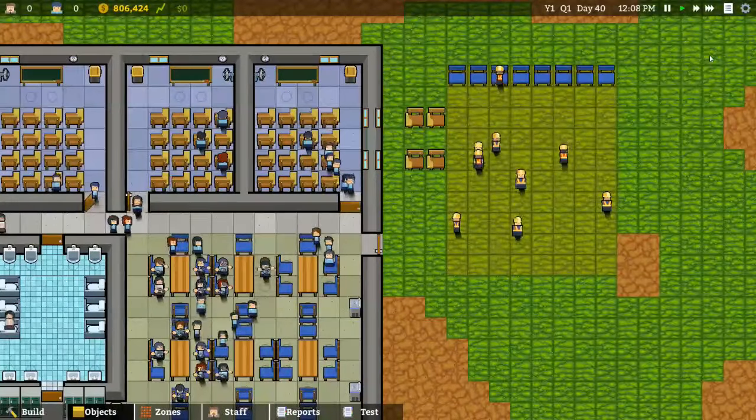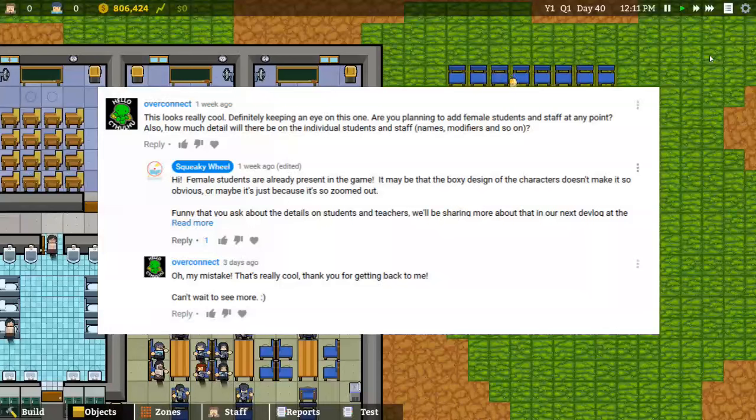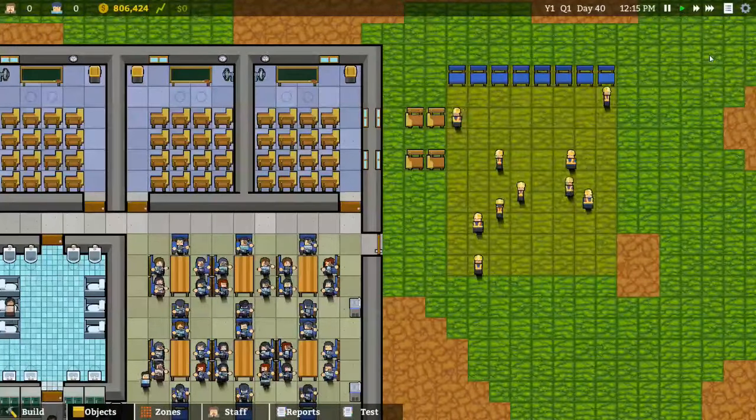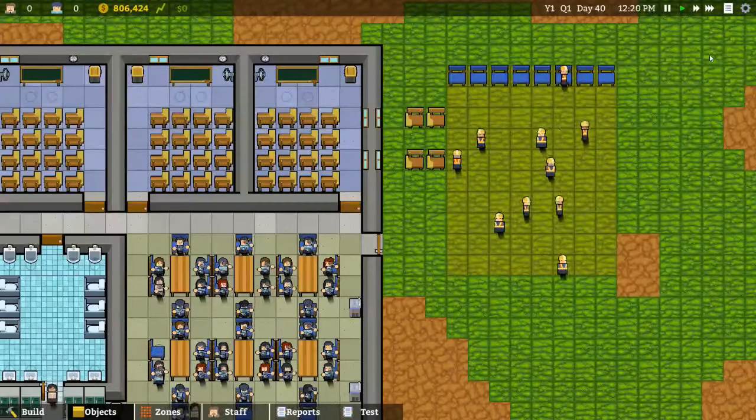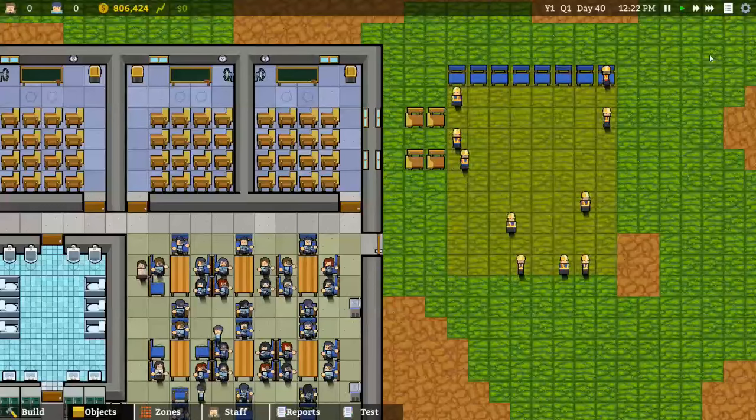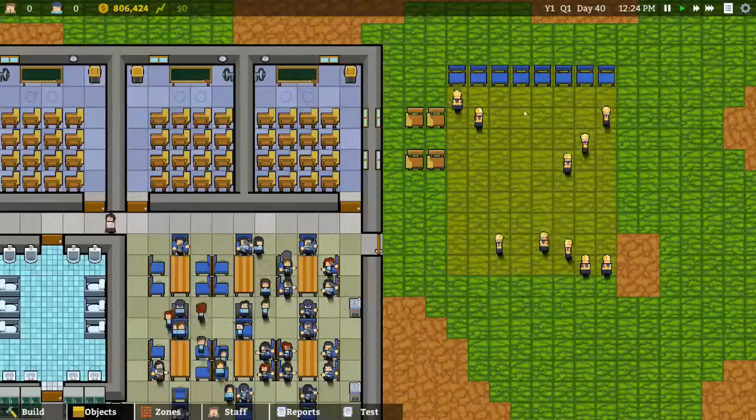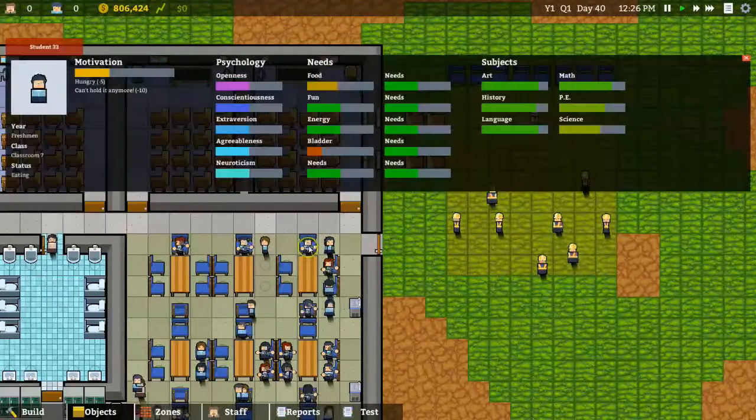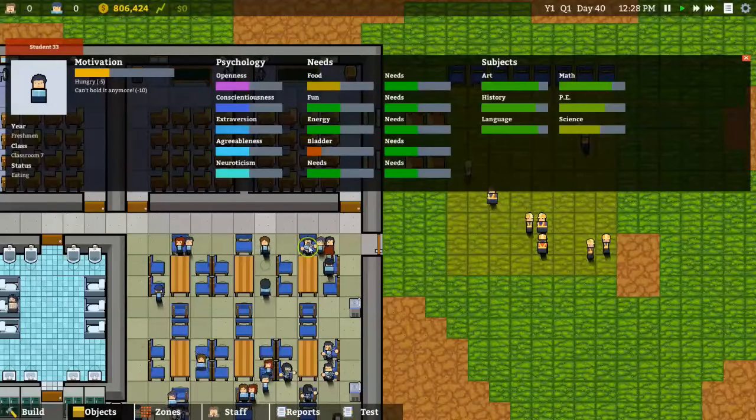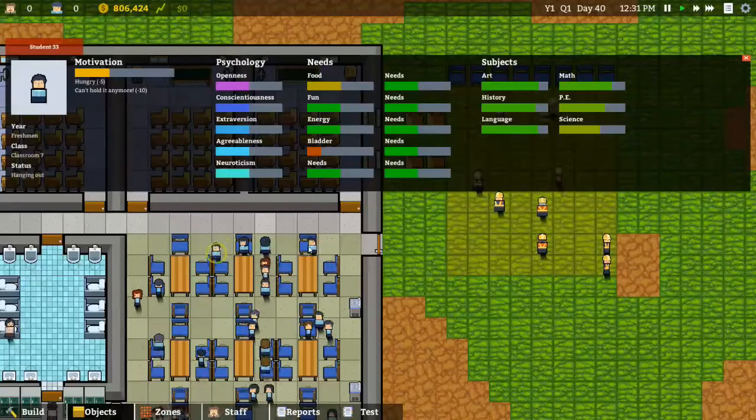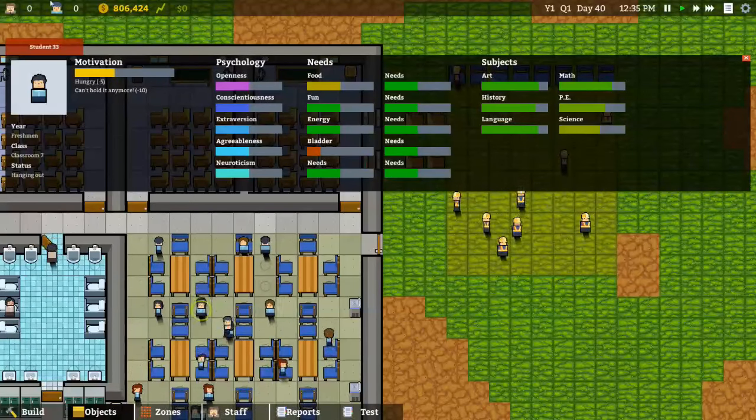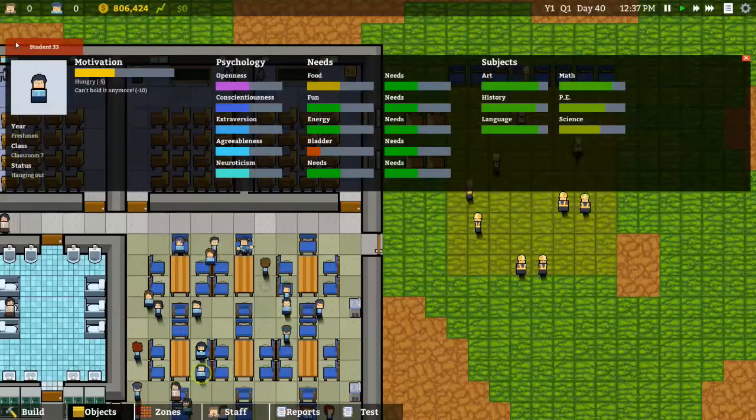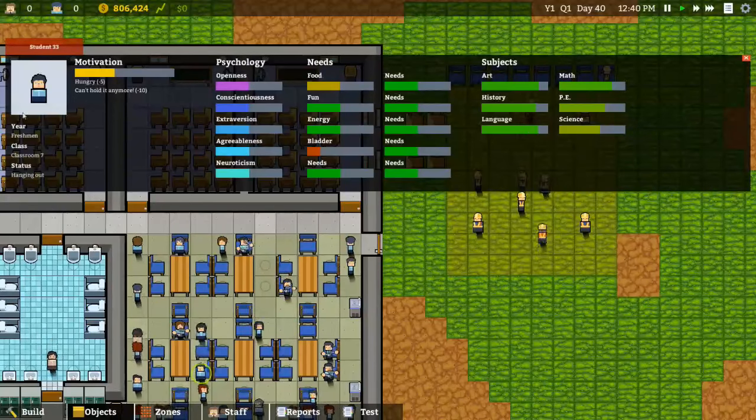During our last devlog, one of our subscribers commented and asked, how much detail will there be on the individual students and staff? Luckily, we've been working on that for the past month, and so let's check it out. Let's click on the student and see what happens. Right, so you can see that when we click on the student, a profile appears. And you'll see his name here. Well, it's just student 33, and some basic information here,